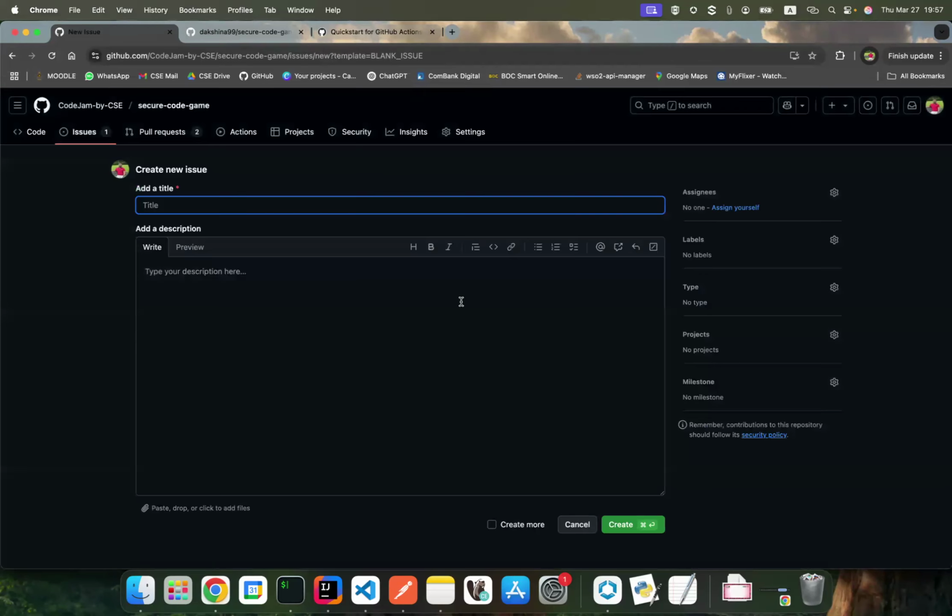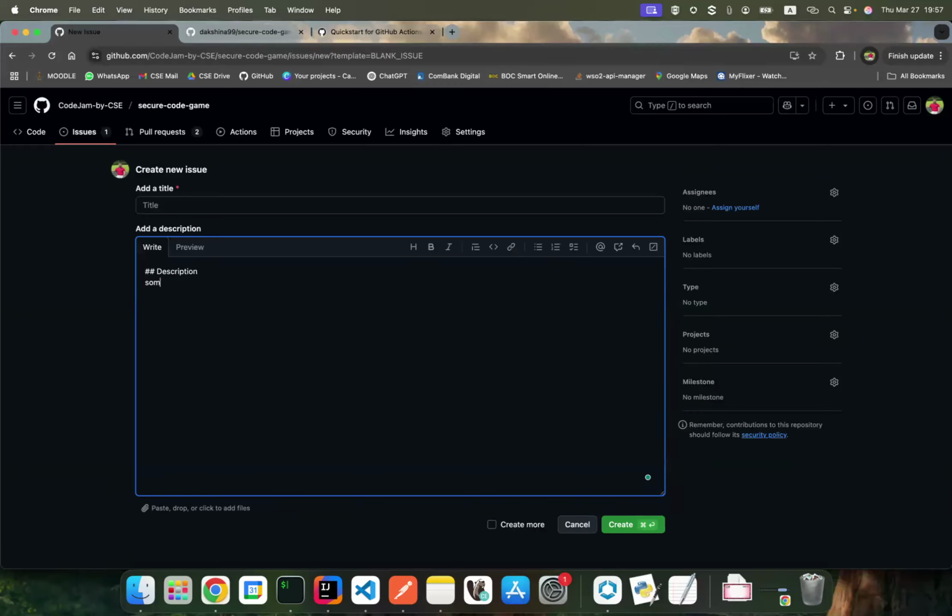When you go into a blank issue, you can add a very brief and descriptive title, and then describe it in a very detailed manner. Also, when you are going to report a bug, it's better to add a separate section here, like reproducing steps.